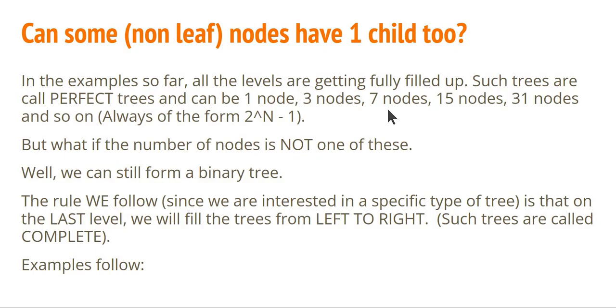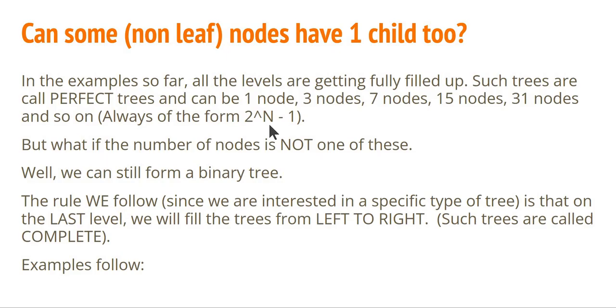Those two children again have two children. So one, two, and four, seven nodes. 15 nodes for four levels, 31 nodes for five levels, and so on. Basically, it's always of the form 2 to the power of n minus 1, where n is the number of levels. The question that comes up is what happens if the number of nodes in the binary tree is not